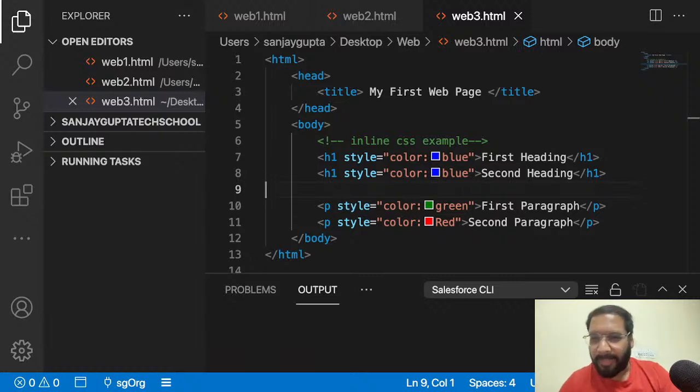Okay, so if you have any question, you can ask in the chat. And I think this is very simple, like how to apply inline CSS in HTML. So everybody understood. I don't see any question. So if you have,